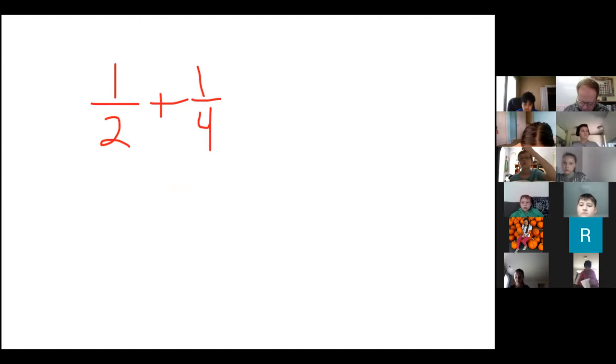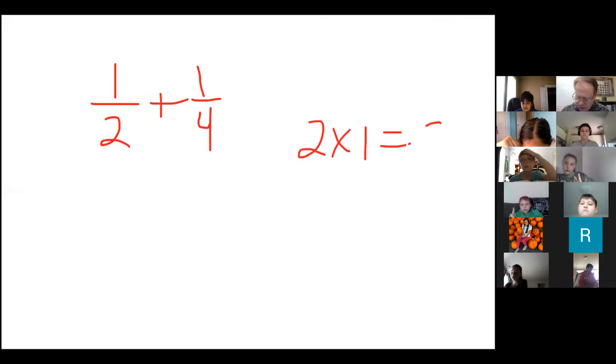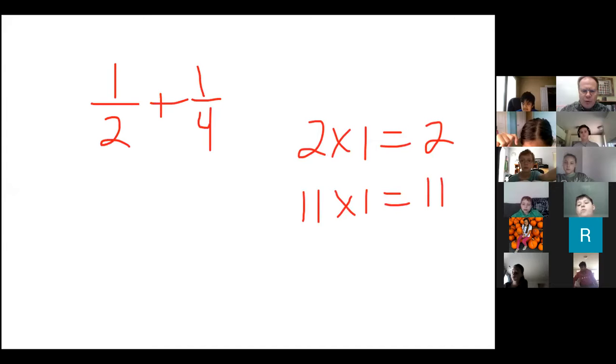this one that we have. So we know that 4 is our least common multiple. So I have to change my 1/2 so that it's equal to the same thing in fourths. So in other words, how many fourths equals 1/2? Well, I can multiply any number. If I multiply 2 times 1, what's my answer? 2. Okay, if I multiply 11 times 1, what's my answer? 11. Anytime you multiply a number by 1,